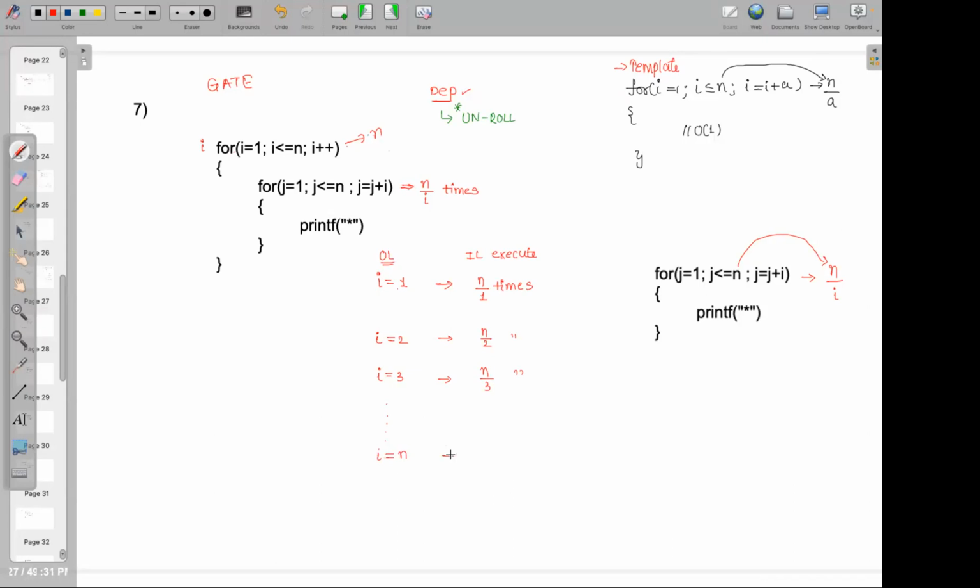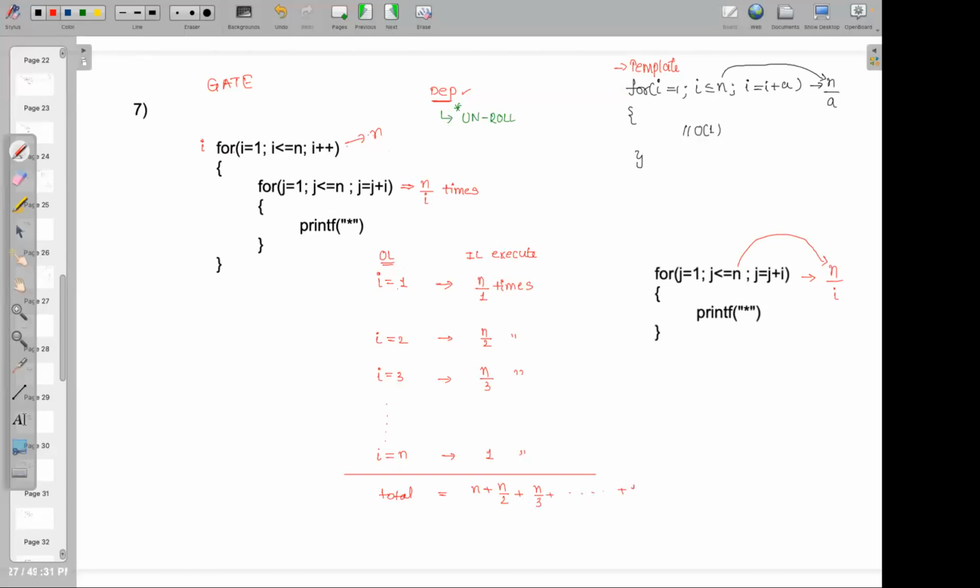So, n by n, which is nothing but 1 time, right? N divided by n, which is 1. Okay. Now, total, if you want, try to add them all. Total you need, so better add them. So, total means try to add everything, which means n plus n by 2 plus n by 3 plus and so on plus